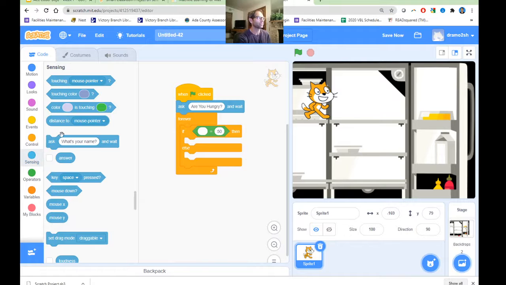Okay. So now looking at the "ask are you hungry" block there, let's go back over to the sensing button, and here's the block again on the side. We're going to want to click and drag the answer block, and we're going to drop that right into the equals block there, the operator. And if answer is equal to, we don't want 50, so you click in there and delete that number, and we're going to type in yes. If the answer is equal to yes,